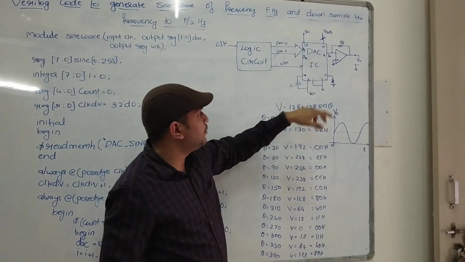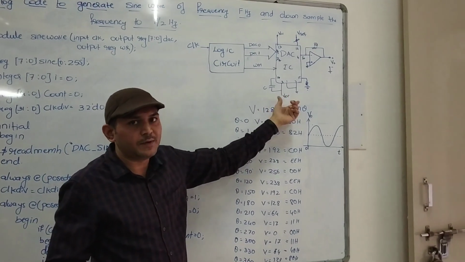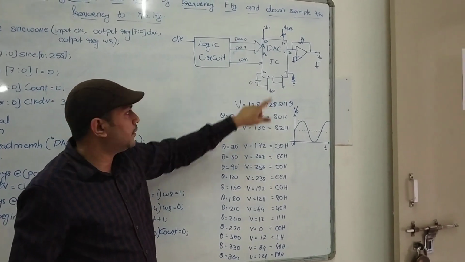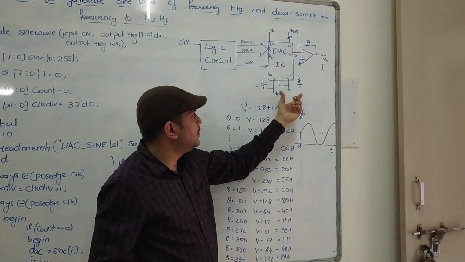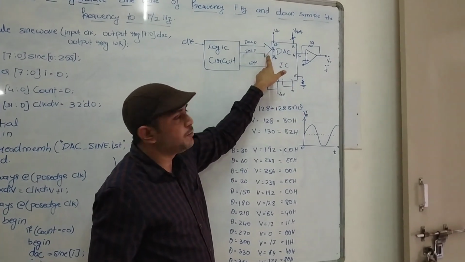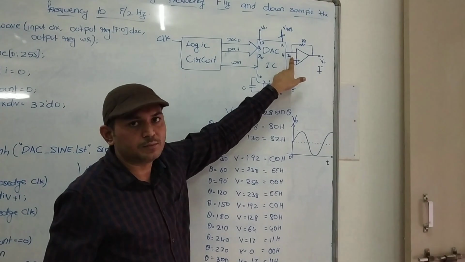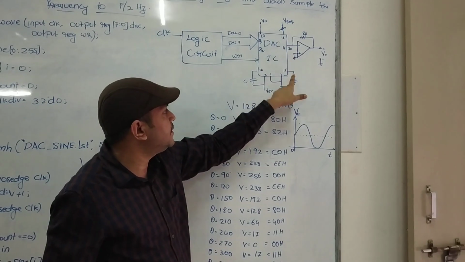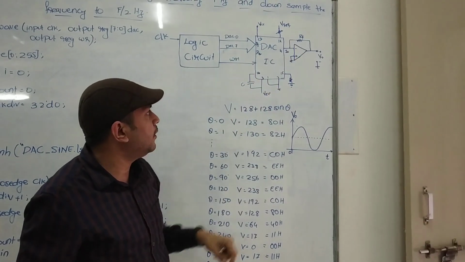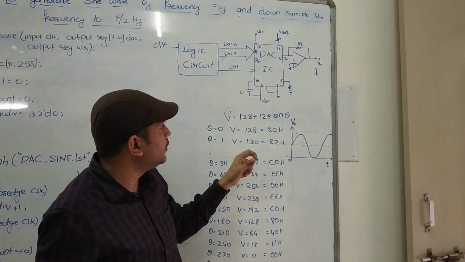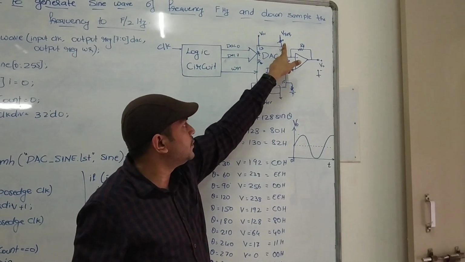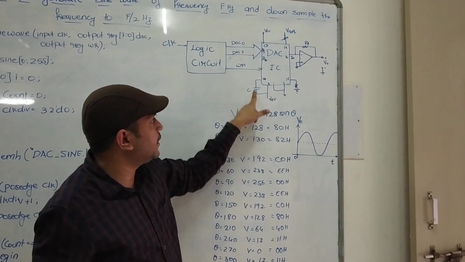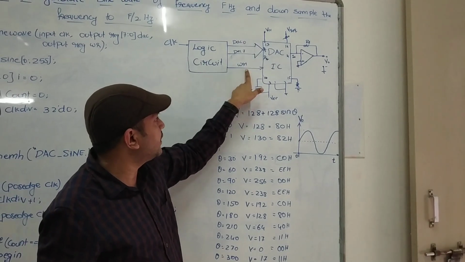So let's understand the concept behind generating the sine wave with the help of DAC. Then we'll come to this logic circuit, and how it will control this IC. As I told you, DAC is a 16-pin IC. As you can see, there are 8 digital pins and 1 analog output, 1 analog output for 8 digital inputs. All the other pins are VCC, and there is a V reference to provide the variation. We have this V reference voltage, and we have 2 grounds, analog and digital ground, and there are other connections. So mainly you have to concentrate on the digital inputs and the analog output pin.